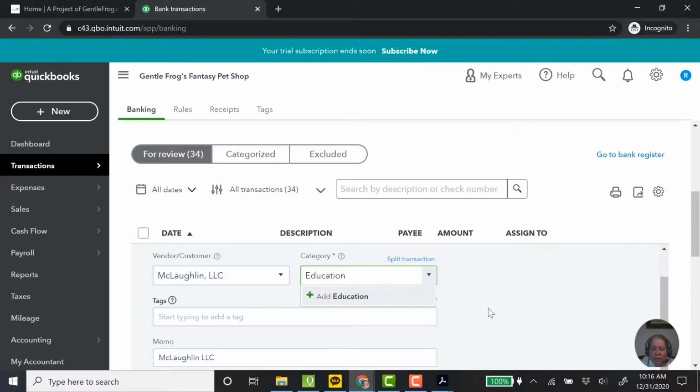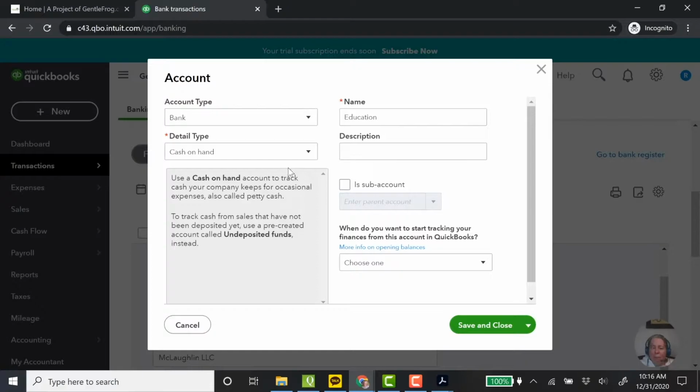Education's not on our list. So the list is the list of categories, also known as the list of chart of accounts or accounts on your chart of accounts. When you find that you as the business owner want to track something in a particular account because it makes the most sense to you, I want you to feel empowered to do that. If it's not in your list, go ahead and add it to your list. So we're going to say, let's add education. We want to keep track of the money we spend on education separate from the money we spent in other